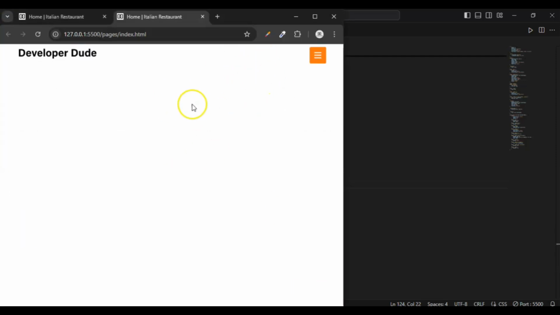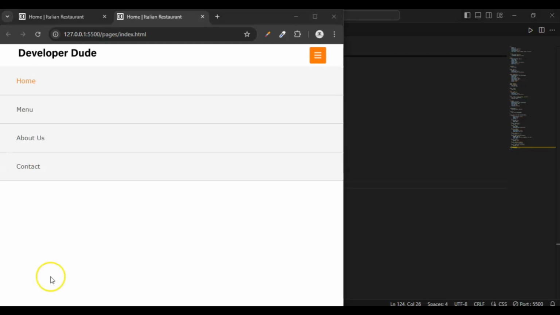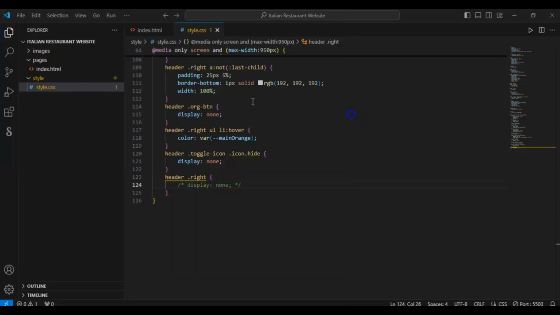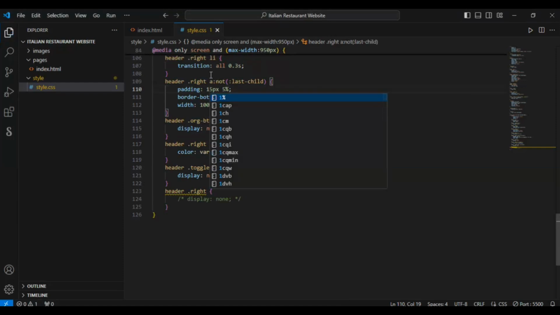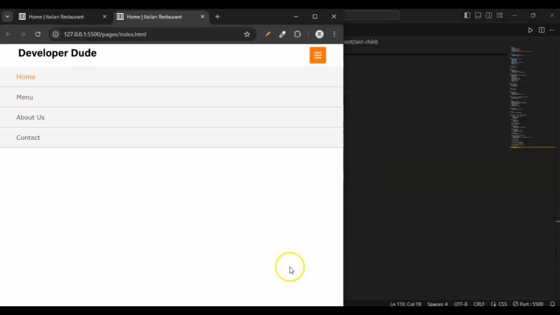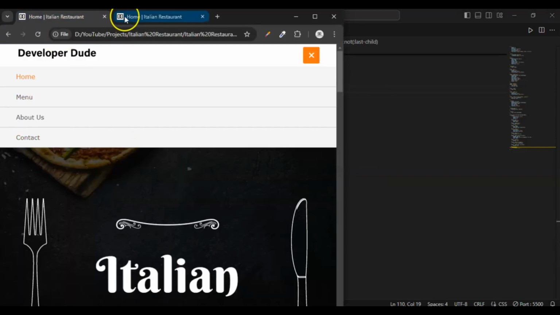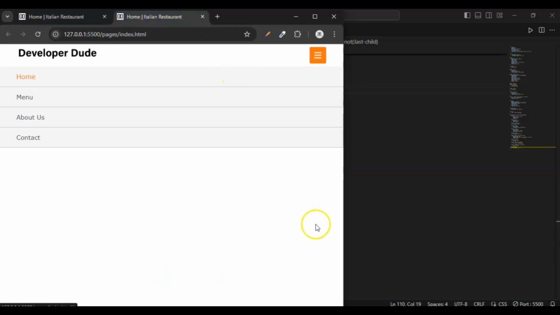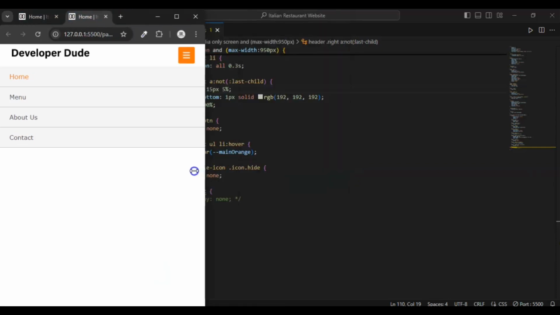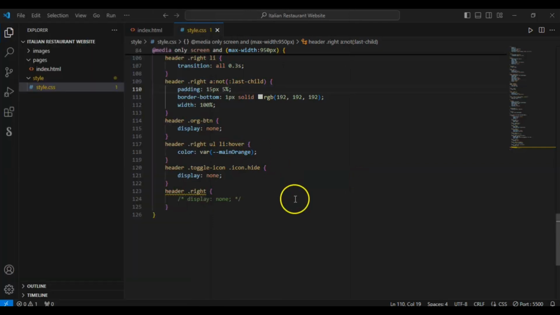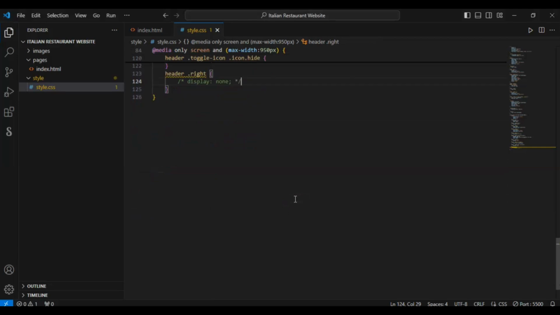So here is our header. Let's change the padding from 25 to 15 pixel. Save it. Okay, now it is looking the same as this one. Now go to smartphone screen size. So now let's change this. To do that, what we have to do,